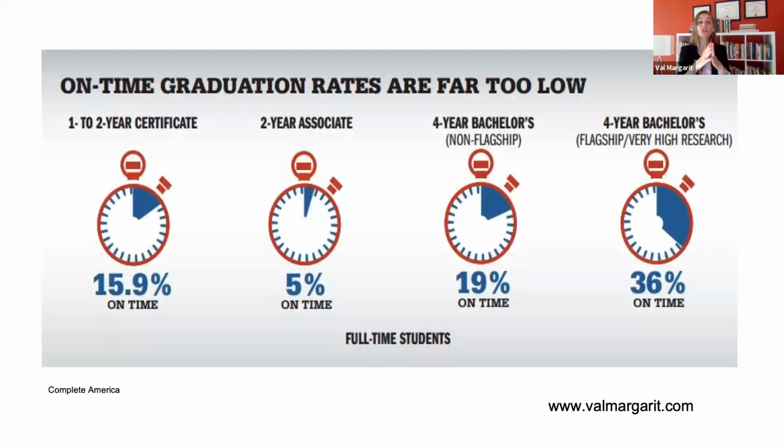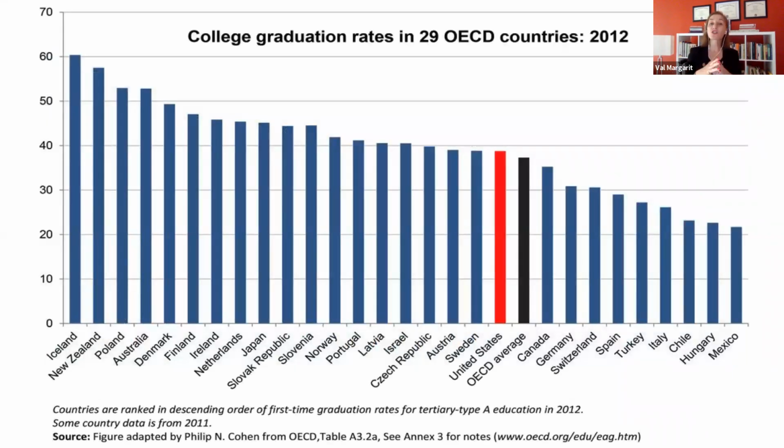Now, when it comes to education and graduation rates, for example, this is in the United States. If you are in the United States, you are probably not surprised. As you can see, our graduation rates are really low. And what is that? It's really a problem, and we need to do better. We absolutely need to do better, but we can only do better if we change the way we have been doing business.